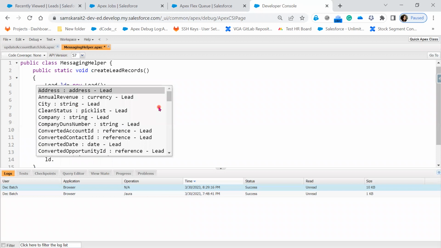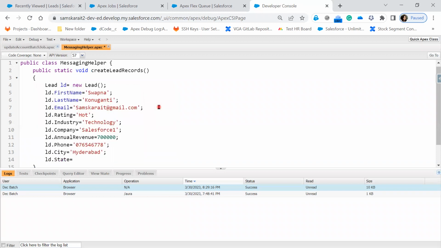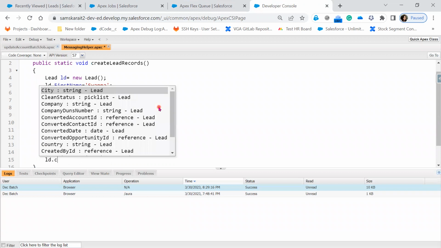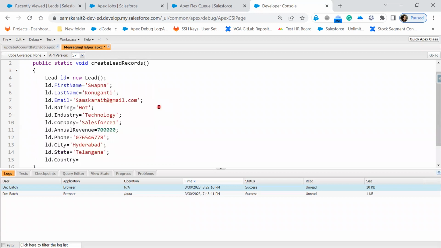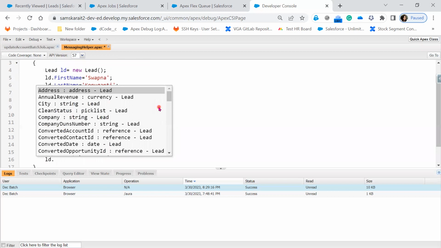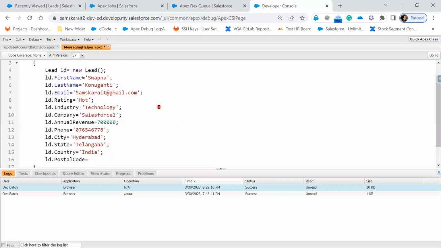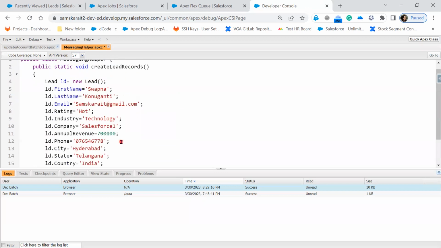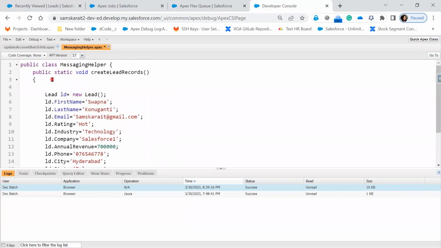ld dot state equal to Telangana. ld dot country equal to India. And ld dot postal code, let's say 50038. This is one lead. Now I'll be adding this lead to the list. So I need a list of